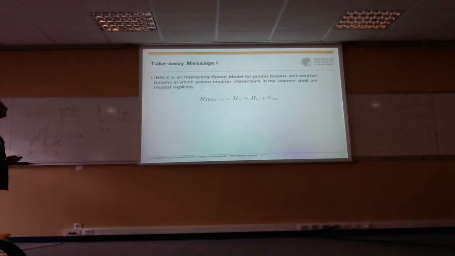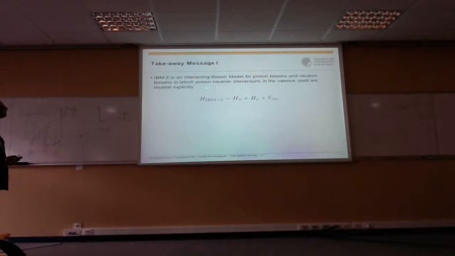So it's just a boson Hamiltonian as it was discussed yesterday. The same for neutrons, like an IBM-1 type Hamiltonian for the neutron bosons. But then there also appears a proton-neutron interaction, which is now new in this model, and more realistic, if you want. So a simple Hamiltonian that you can consider, out of the many possibilities you can write